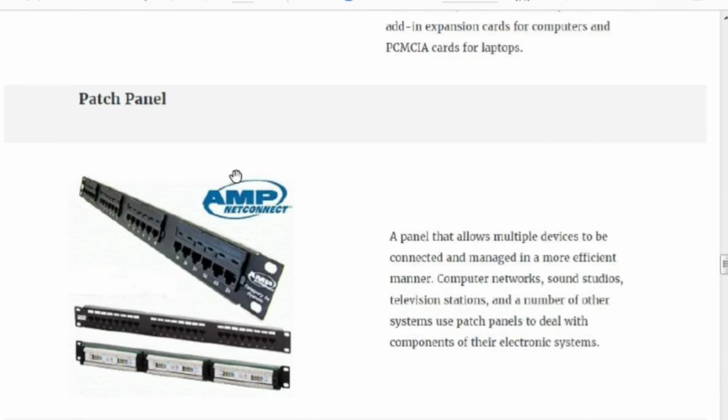Next, patch panel. A panel that allows multiple devices to be connected and managed in a more efficient manner. Computer networks, sound studios, television stations, and a number of other systems use patch panels to deal with components